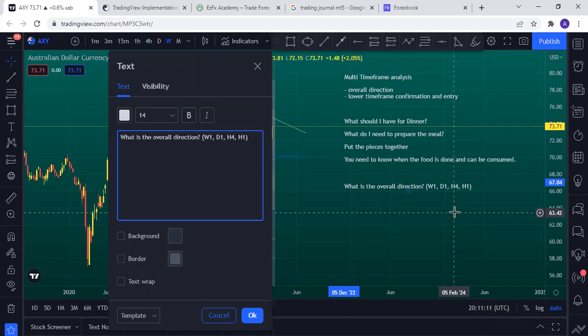The next thing is, what do I need to prepare the meal? So this is where your confirmations come in. What are the technical confirmations available? And here we start talking about whether it's a high probability order block, which is also called my FOB, which is the Fibonacci order block. Whether it's that, whether it's